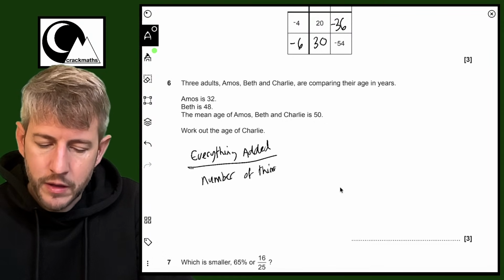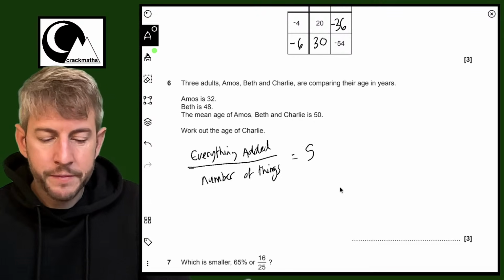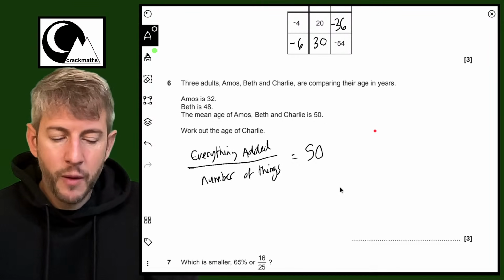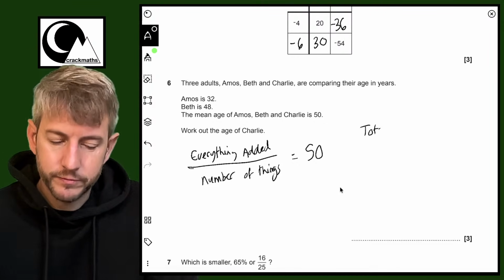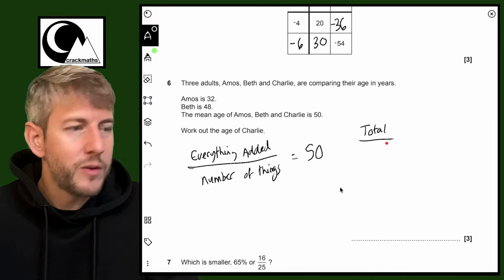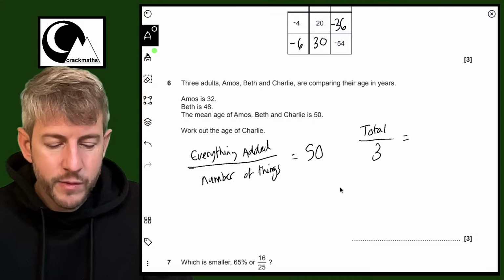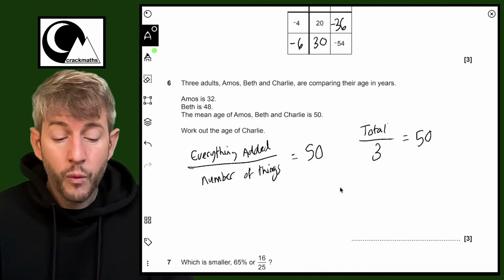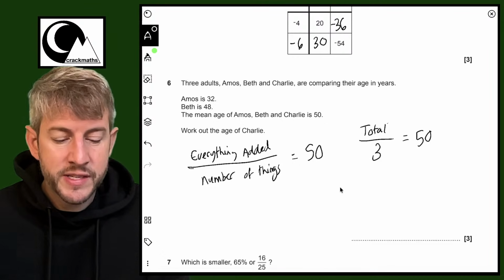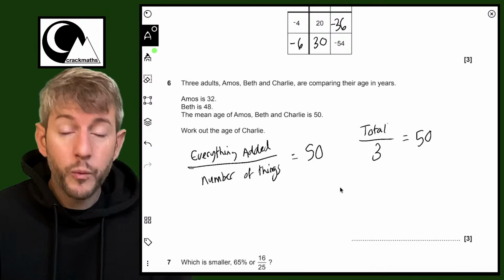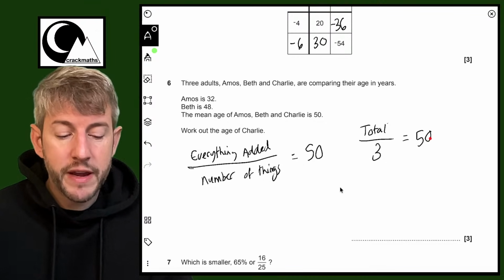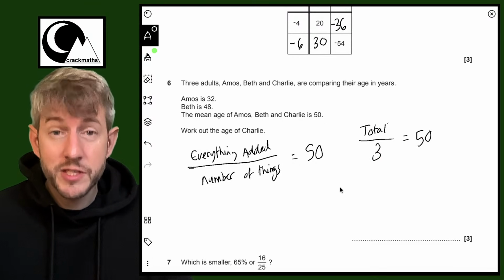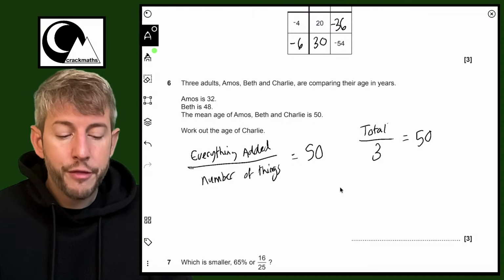Okay, and we know in this case that's equal to 50. So let's see what we can do. We don't know what everything added is, so we'll just rename that total. We do know the number of things, which is 3, and then we know that this equals 50. So something divided by 3 equals 50. Well, if we rearrange this calculation, if something divided by 3 equals 50, then that means that these two numbers, the 50 and the 3, will multiply to give this total. Okay, so 3 times 50,